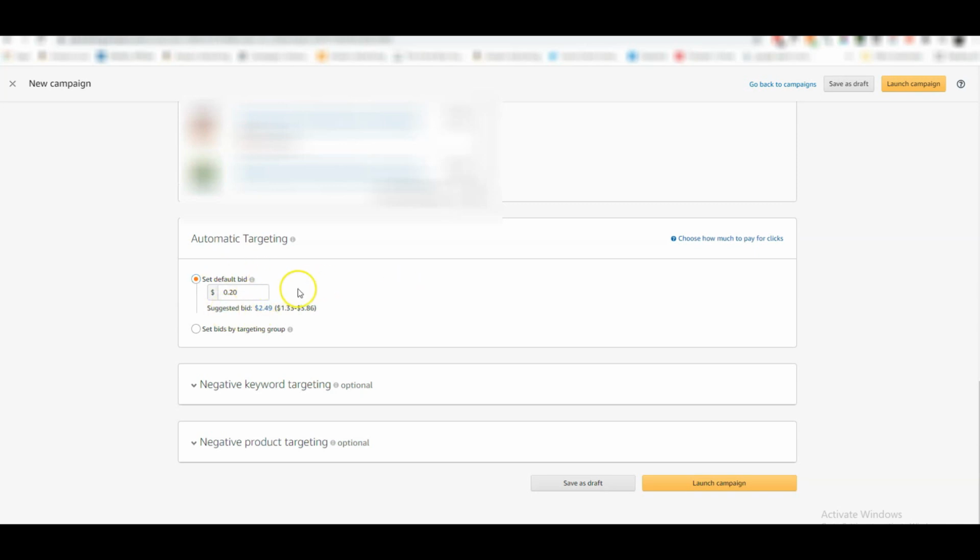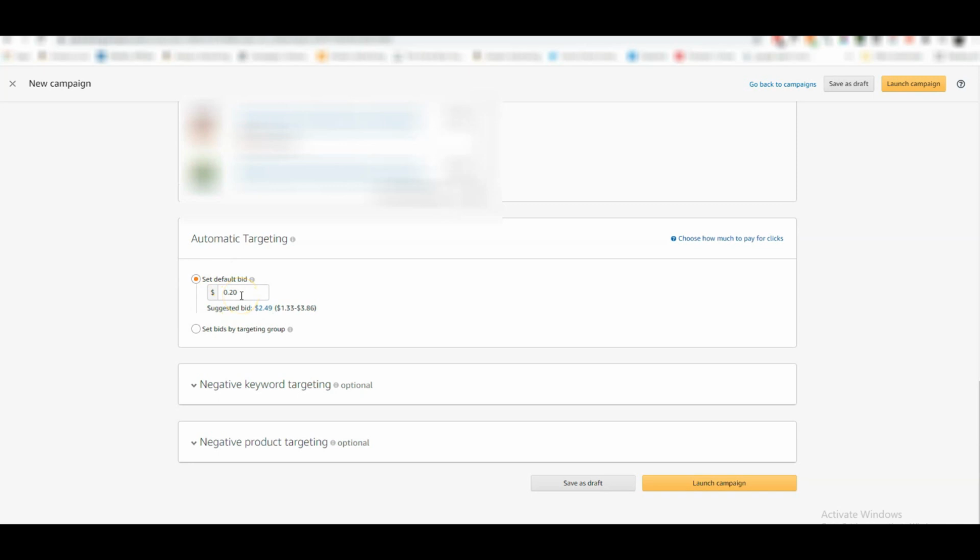So the bid amount for me depends on what your profit is. Like my books, for example, the ones that I run ads on, they make about $3 profit per book. And depending on what niche you're in, sometimes the suggested bids are a lot lower. Like I'm lucky that I chose a niche where my suggested bids are about 60 to 70 cents. So I can really afford to run those kind of ads. This one, I wouldn't even run an ad because for me, that's far too high for a notebook. But just to show you how to do it in this video, we will run this ad and set it